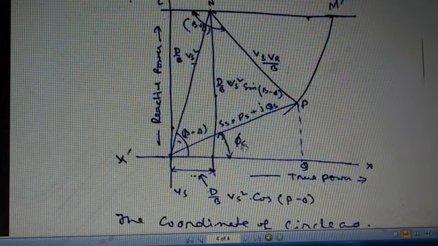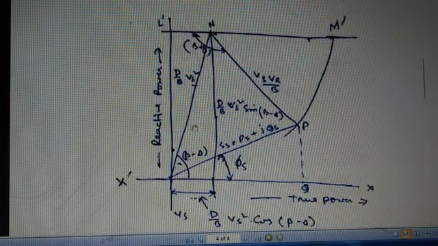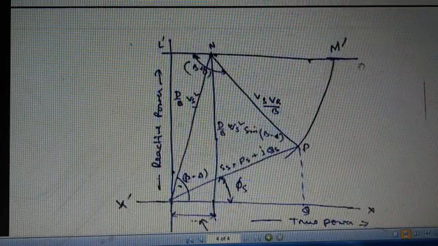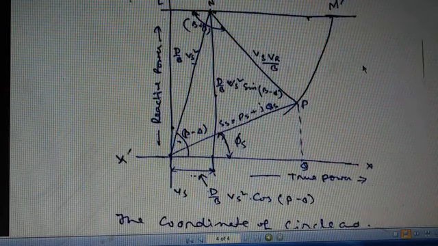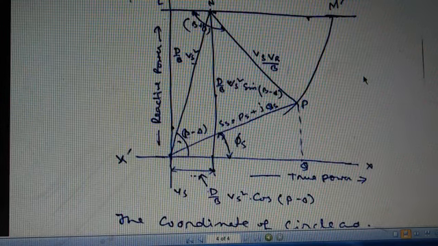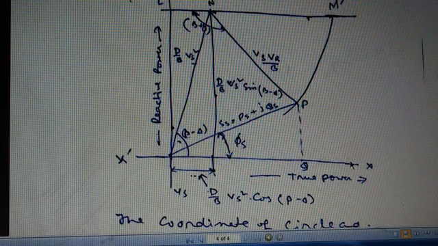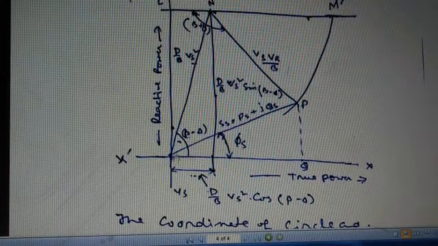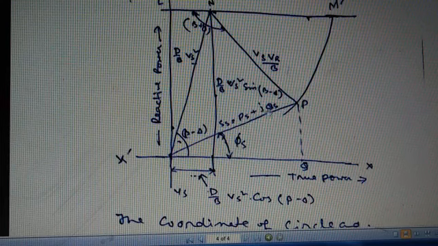Now the power circle diagram. The procedure of this diagram is similar to the previous diagram, so the procedure of the sending end diagram and the receiving end diagram are equal. In the sending end power circle diagram, the x-axis indicates the true power and the y-axis indicates the reactive power. The power Ss equals Ps plus jQs, and this is the intersecting point P.